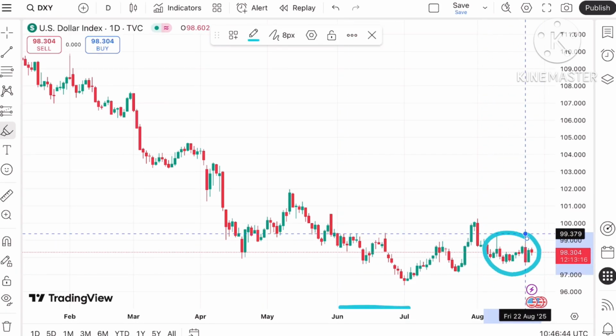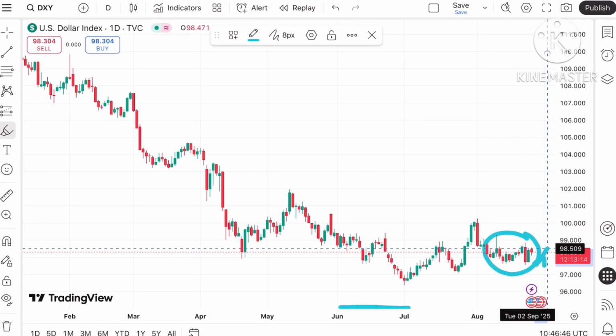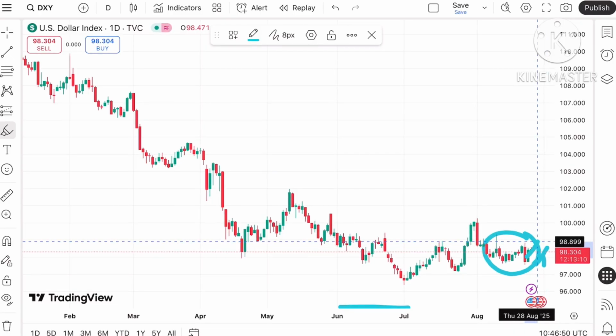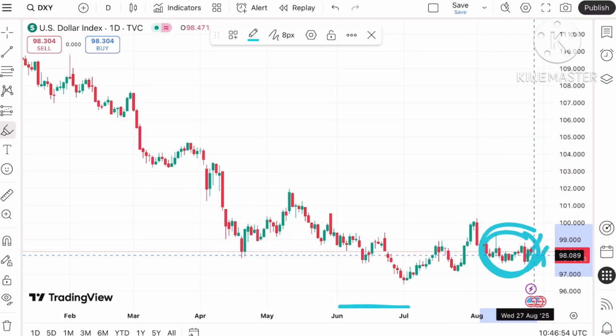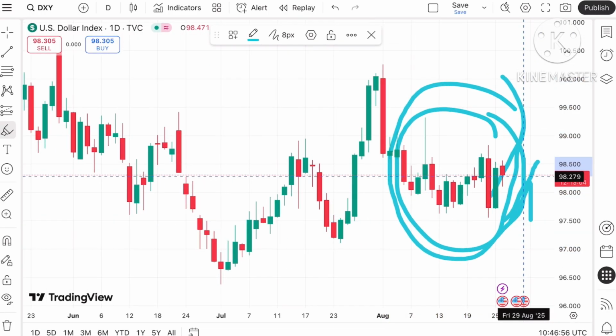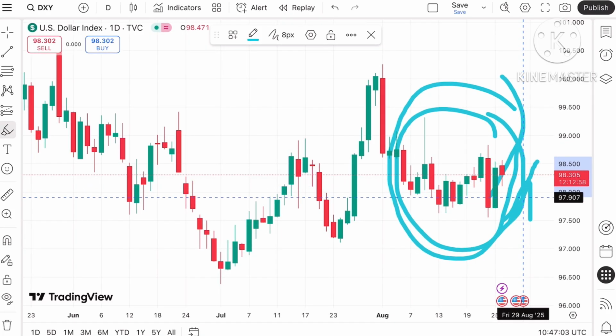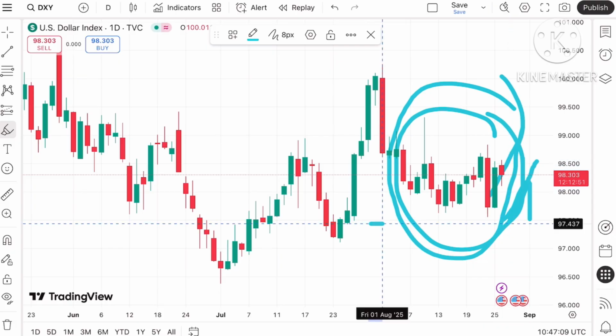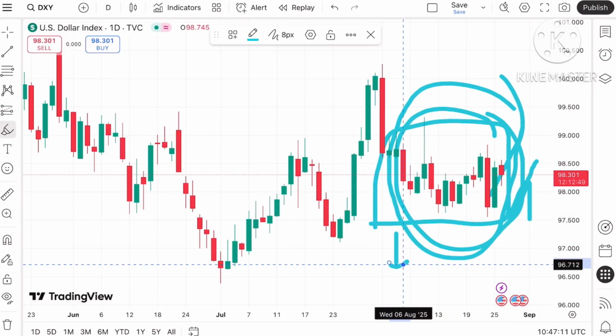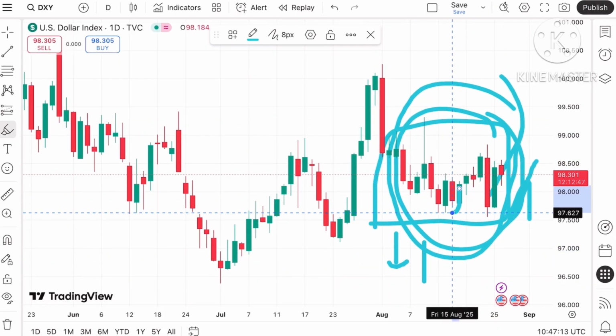The price is now trading in this range, at a level of 98.3. Chances are high that if it sustains above 98.5, the probability of touching 98.9 can be seen, and from there it can touch a level of 99.2 and then further upside can be seen. But if it starts falling below this level, it can move towards 98.2, from there to a level of 98, and if that doesn't sustain, it can touch 97.9 to 97.7, then 97.5, and then there will be a zone breakout, so we can see a further downfall.